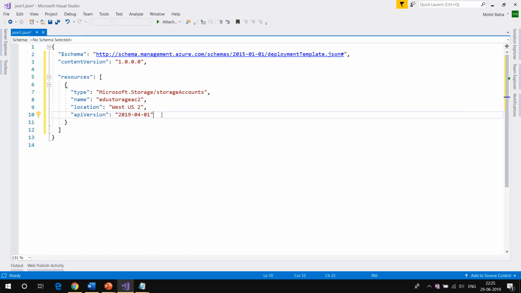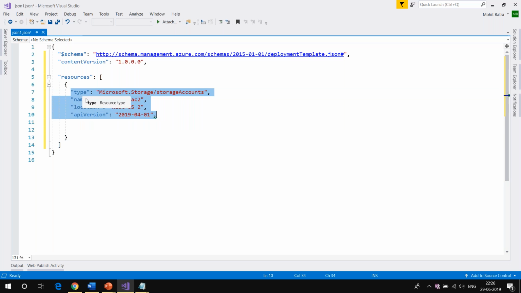Okay. Next thing, I see there are 3-4 questions, so let me just wrap up this one. Then I'm going to answer your questions. Now, the next thing which I need to provide: these are 4 mandatory properties which should always be there in all the resources. In fact, for most of the resources, these properties must be there. Now, apart from this, when you are creating a storage account, it will have a different set of properties. When you are creating a VM, it will have a different set of properties.